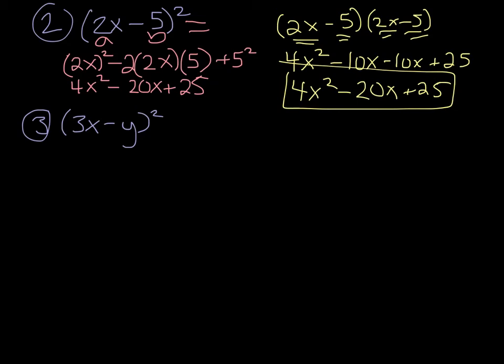I will show you both ways again. So you can either say that a is 3x, b is y. You get 3x squared minus 2 times 3x times y. And then it's going to be plus y squared. That gives us 9x squared minus